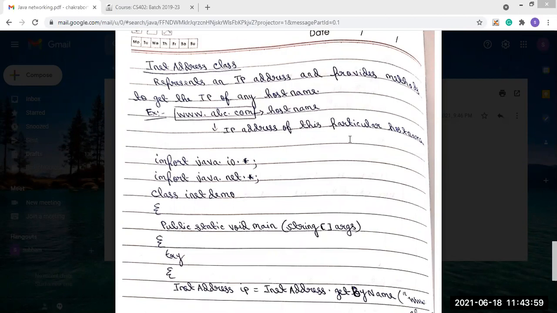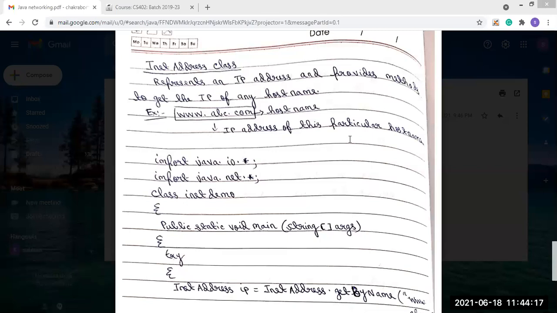Now, for example, www.facebook.com also has a particular IP address. So the host name is www.facebook.com, and it has its own IP address.